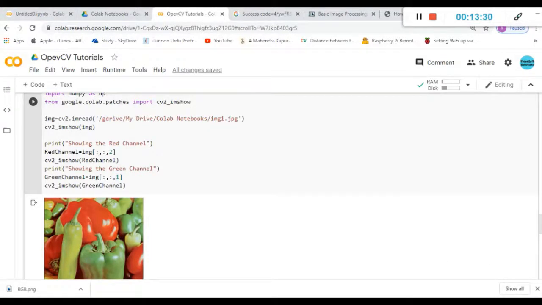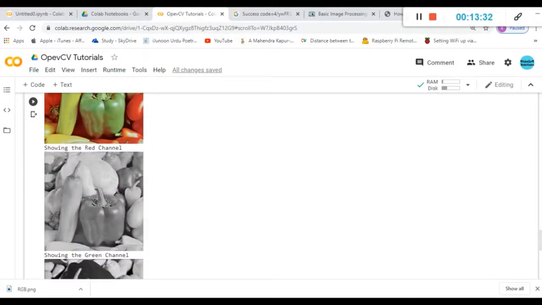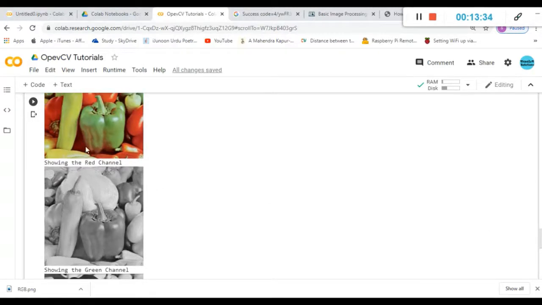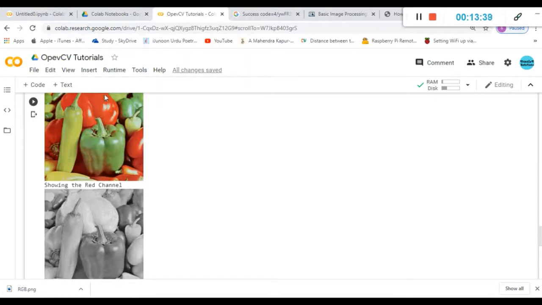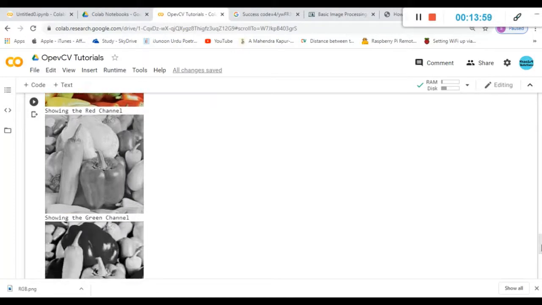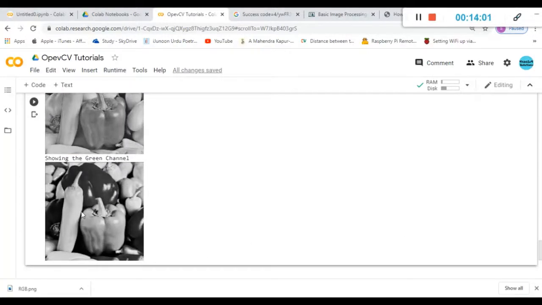So if you see the output, the first one is showing the red channel. You can see that wherever red was there above, now you are able to see white in that place. Why? Because in this case the red channel had a higher intensity value, almost closer to 255, because it is only red. When you print only that channel, wherever you have red, those particular pixels will become white because you are getting closer to 255.